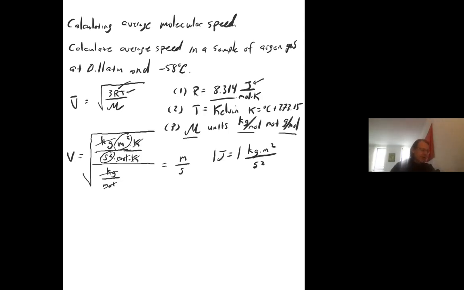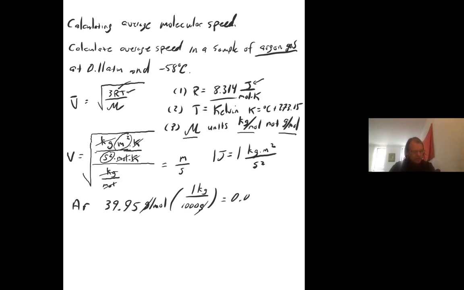All right, so let's go through it now. We're talking about argon gas. So argon is 39.95 grams per mole. Is that right? I think it's 39.95. It's cool. So let's convert it to kilograms per mole. 1 kilogram is 1,000 grams, so there's our grams canceled. So you get 0.03995 kilograms per mole. Easy conversion, just divide by 1,000, and that'll get you from grams to kilograms. Okay, the moles are not changed. You have moles in there.